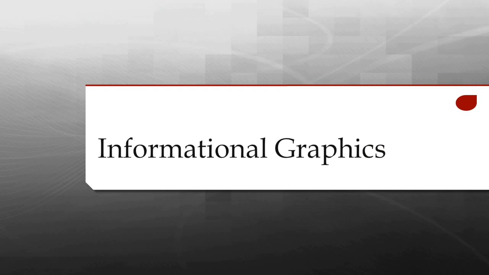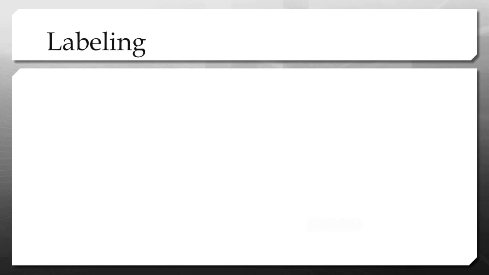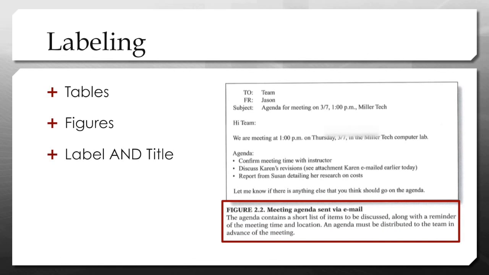When you include graphics in a document, you need to label them according to type, a convention which dates to pre-digital publishing days when the type of graphic influenced how many pages could be printed and what machines could be used. Graphics are either tables or figures. Figure covers every other type of graphic besides tables. Each graphic should have an accompanying label and title, but including a caption as well is often a good idea.